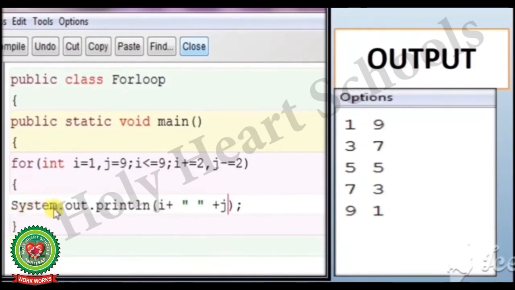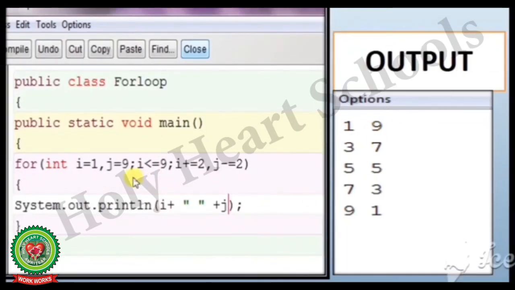So first time when System.out.println runs, the value of I, that is 1, and value of j, that is 9, will be printed. At the second time, the value of I, that is 1, will be incremented by 2, that will become 3, and the value of j, that is 9, will be decremented by 2, that will become 7.